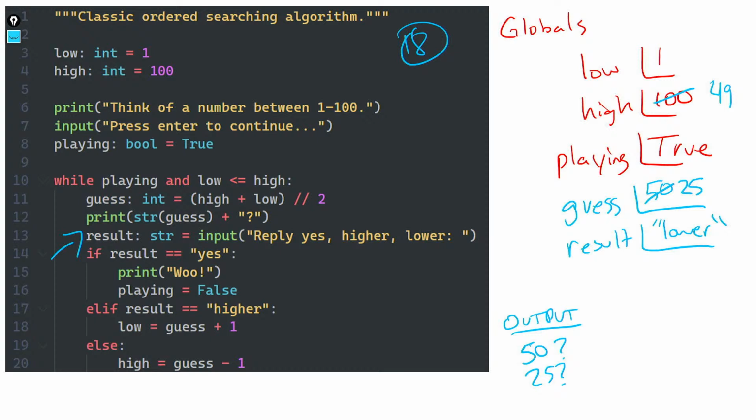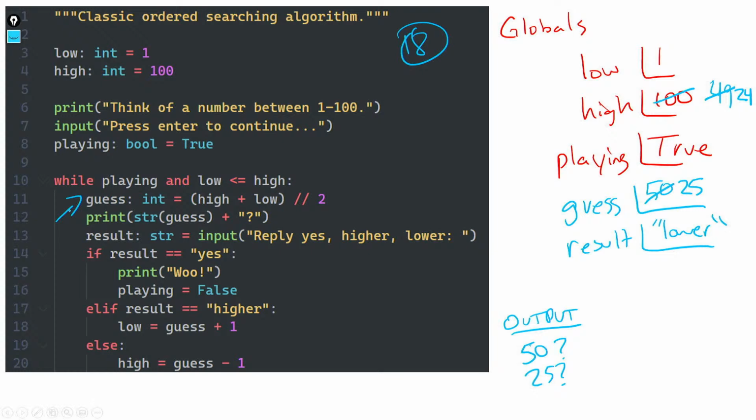So once again, we reach this if-else construct. We know result is not yes. We know result is not higher. So we reach our else block once again. And we say, okay, since 18, the number we're trying to get the computer to guess, is lower than 25, we take guess, which is 25, we subtract 1 from it, which would be 24, and assign that to our high. All right? We go back up to the top. And notice this is the same type of algorithm you all were thinking through and implementing in your head, but it's expressed with a while loop and if-else statements as a true algorithm in a program.